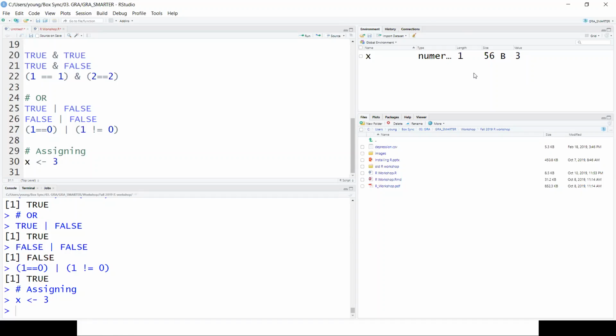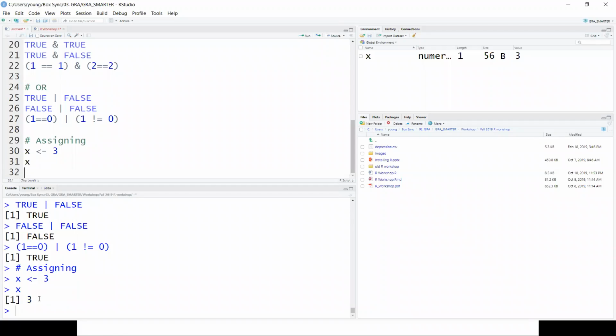And then if your environment doesn't look like this, maybe the option is different. My option is grid right now, but if you change this to list, it will look like this, right? But I prefer grid because it's easier to erase something here. If you click this row, you can just erase this object. You can select anything you want, and if you want to make this X show up, you can just call this X again, and then it'll pop up in the console.